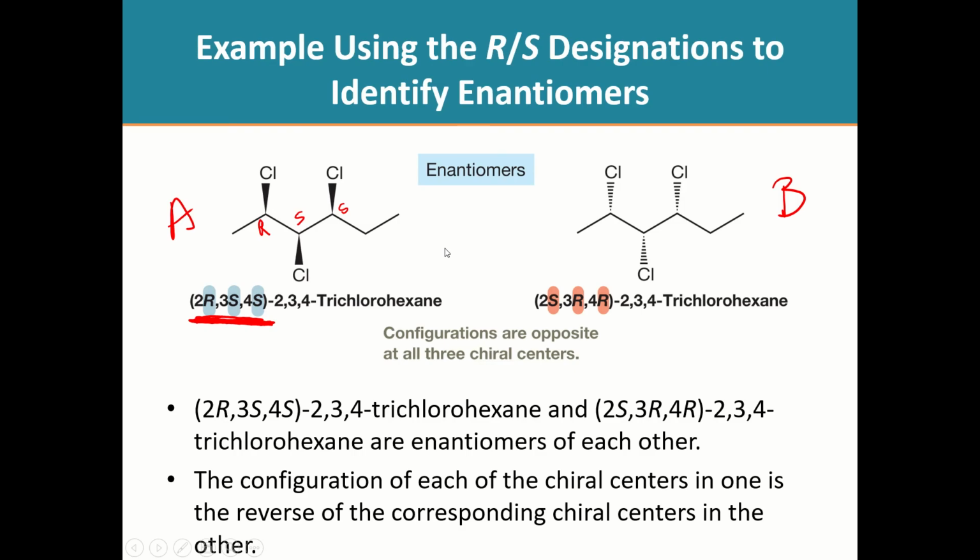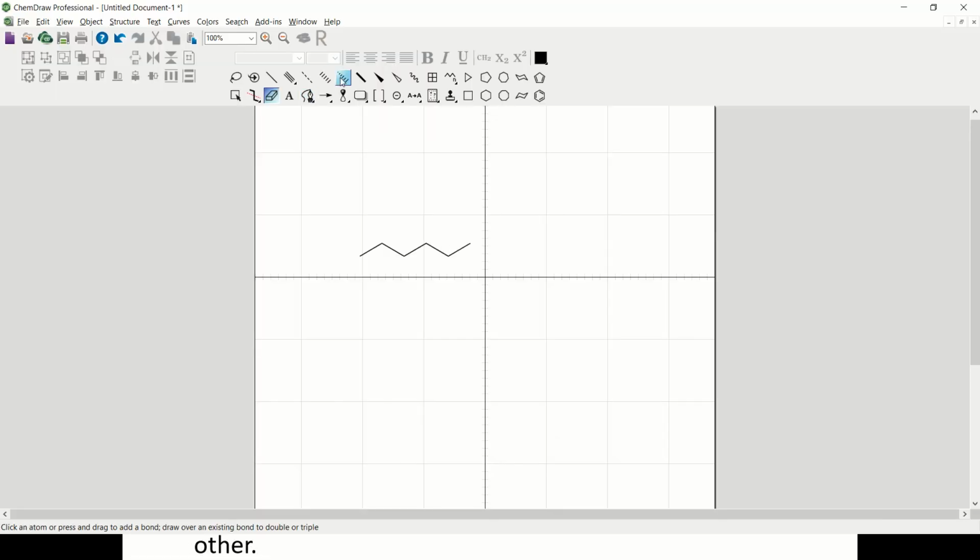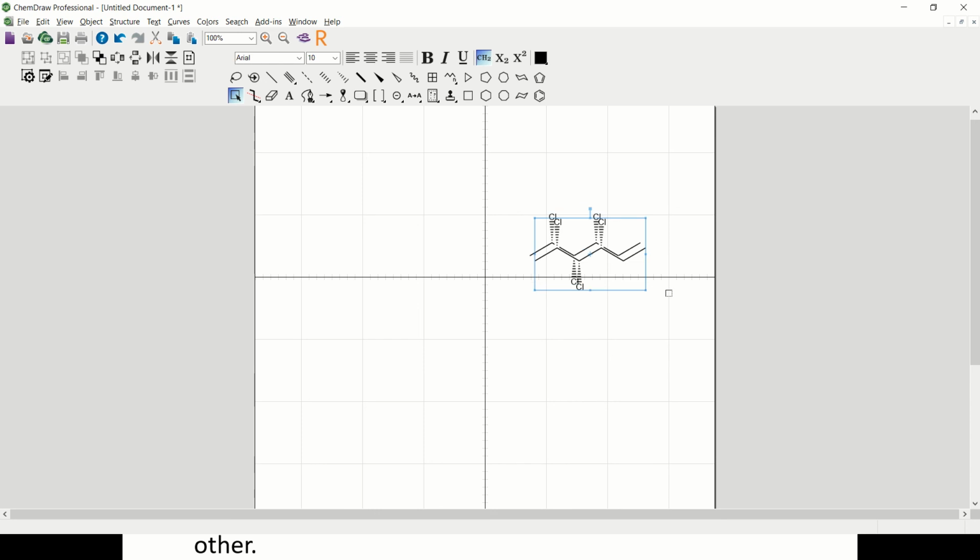Okay, now we have all dashes. Dash, dash, and a dash. We'll add the chlorines. Okay, so we have that molecule here. We'll put it there. And let's copy and paste this. Put it there, but now let's replace